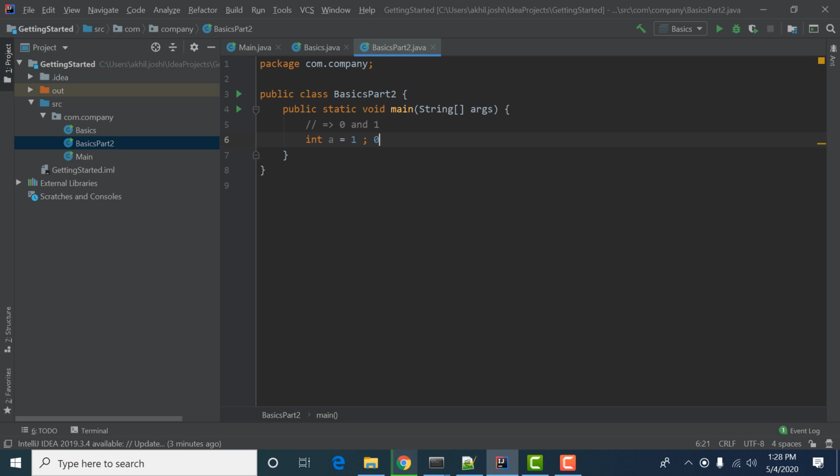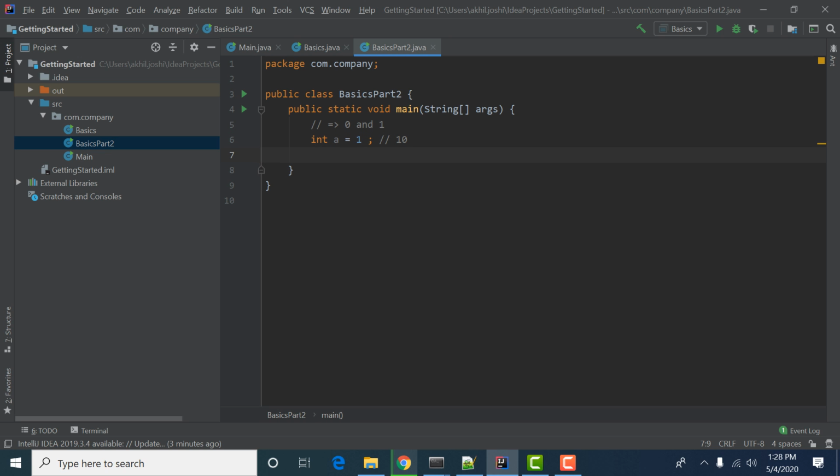Let us suppose it converts this into 010. This is the value which the computer converts. So everything in the computer is done in the form of 0s and 1s. I just want to give you the basic overview so you can create an image of how things are actually working in our system.